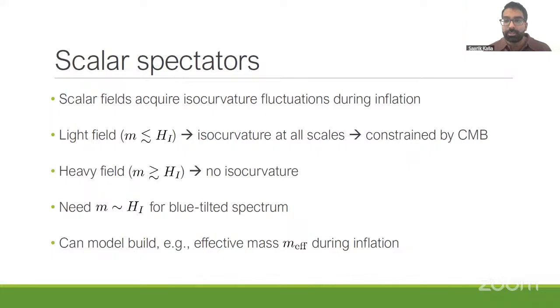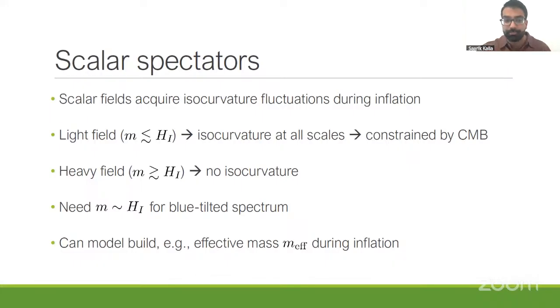Today, I'm also going to be talking about scalar fields and the fluctuations that scalar fields get. Some of you might be familiar with the statement that scalar fields acquire fluctuations during inflation. And of course, because this is a fluctuation of a field other than the inflaton, which is also present during inflation, these fluctuations are isocurvature fluctuations, just as I described on the previous slide. So all this is to say that isocurvature fluctuations or enhanced fluctuations in general are not just something you can think about, but really something you should think about because scalars are very generic in lots of different models of new physics.